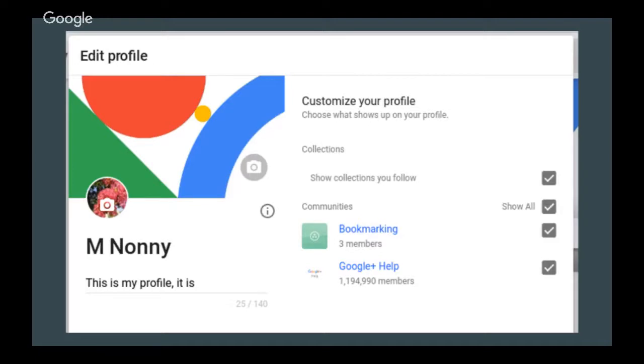That includes your profile photo, the cover image. In this particular one, it's showing one of the default Google Plus cover images, so I haven't actually added my own one there. And you can add a tagline, which mine should be a lot shorter than what I have written there, because mine always gets cut off. And you can turn on or off which of your communities actually appear to the public on your profile. So you might belong to some communities that maybe you don't want to advertise, I don't know, 70s disco community or whatever. And you can turn it off so that when people view your profile, they don't see that there.